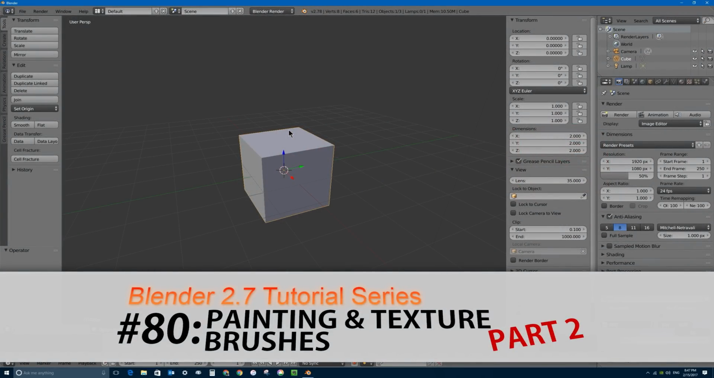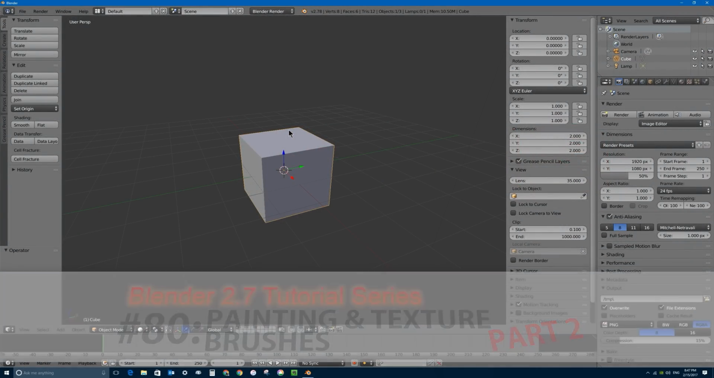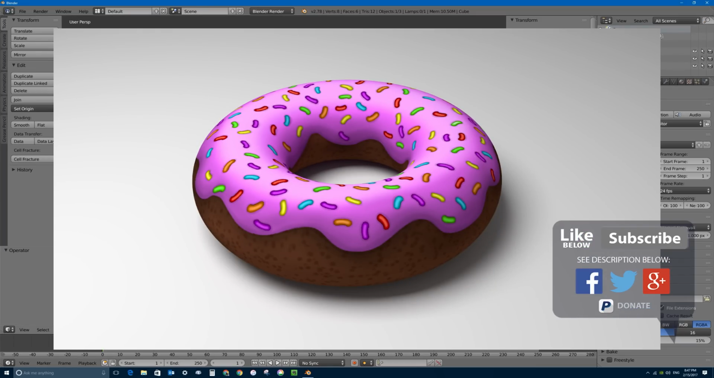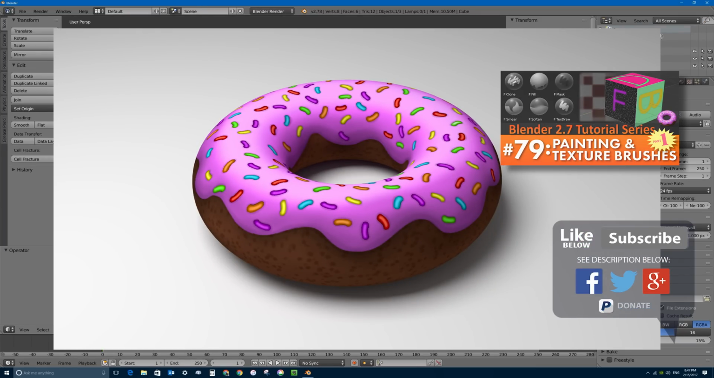In this tutorial, we're going to continue on from the last tutorial in which we started looking at painting in Blender, both in the UV image editor window and in the 3D viewport itself. So in this video, we're going to be creating this donut. If you have not seen the last tutorial in this series, I'll put a link to it on the screen right now. Just a note that I recorded this entire part 1 and part 2 in one take,